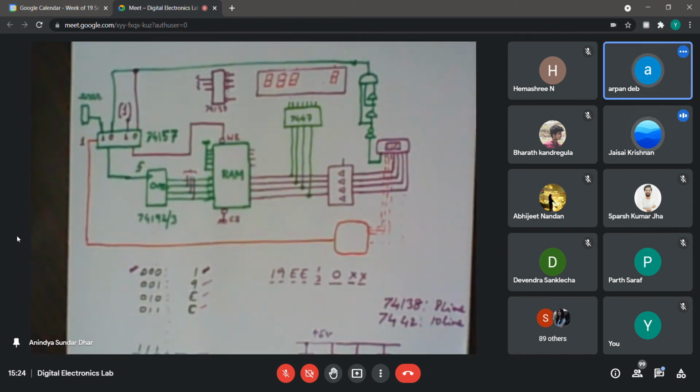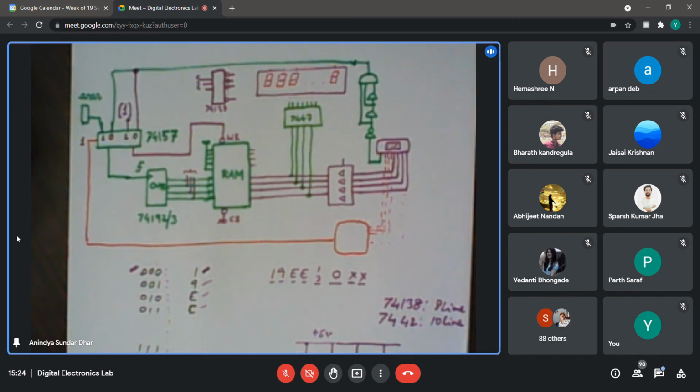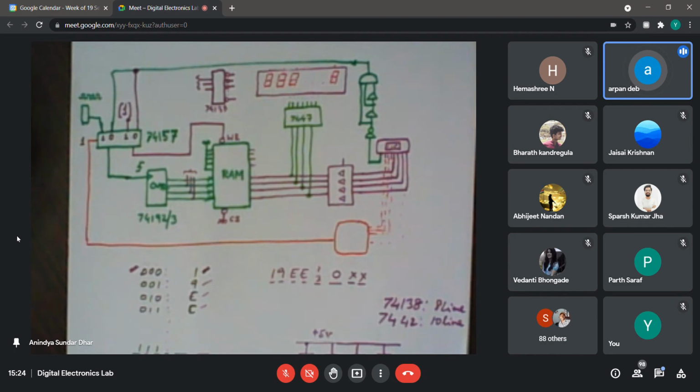Sir, in the last experiment, I actually didn't use a multiplexer. I used an SPDT. So in this experiment, if I use SPDT, is it okay for shifting the select between the read and write modes? But in that case, it has to be done manually, right? Yes, sir. Manually, I have to toggle whenever I want to write the information.